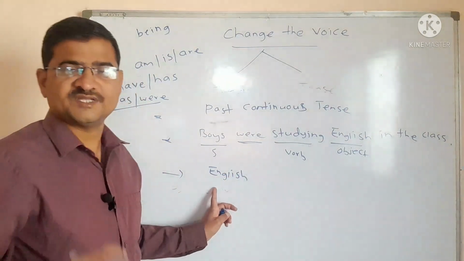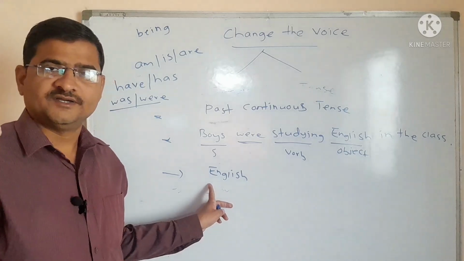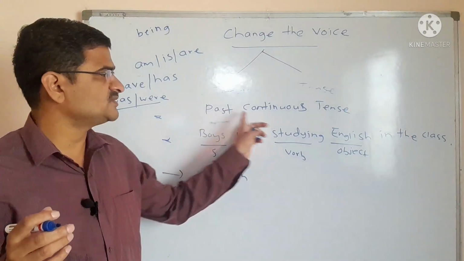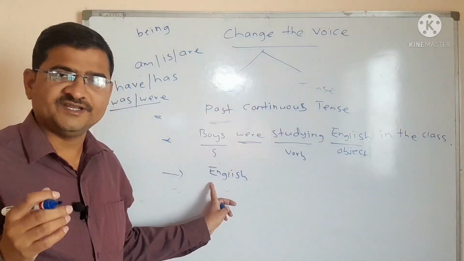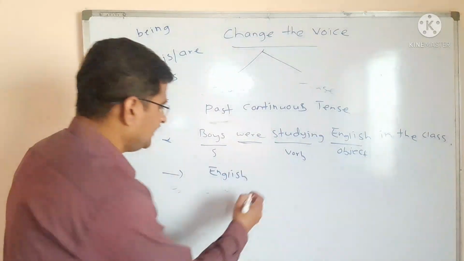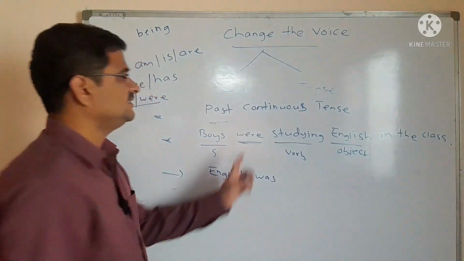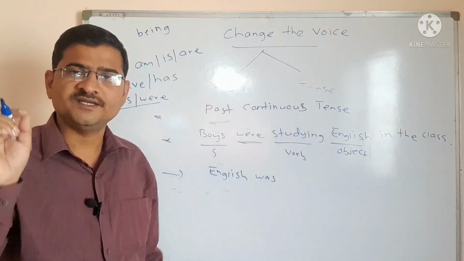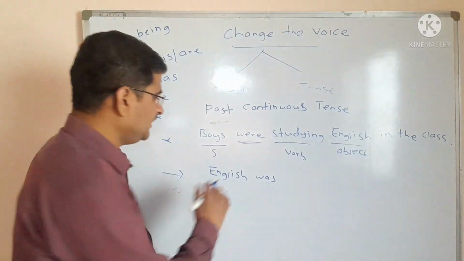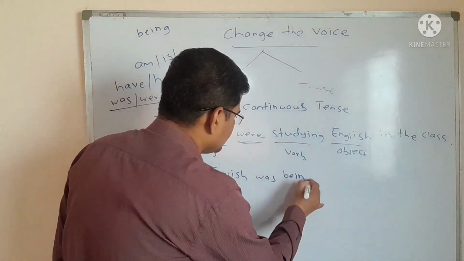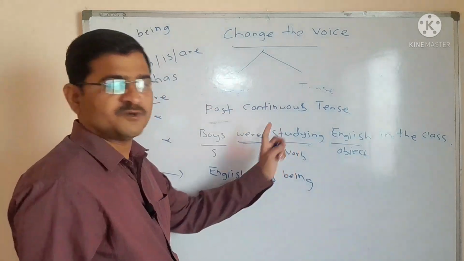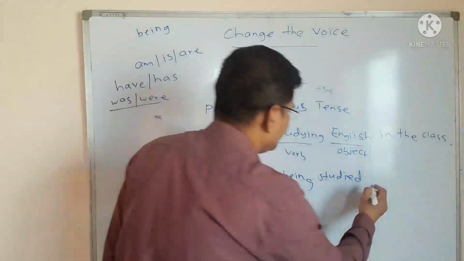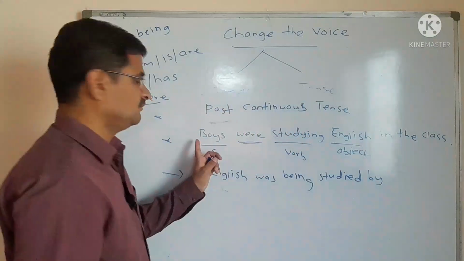After this, you have to use the helping verb. You have to use either was or were, because the given sentence is of past continuous tense. After English, we have to use was. English was. This is a sentence of continuous tense. Therefore, we have to use the word being. English was being. We have to use V3 form of studying, that is studied. English was being studied by boys